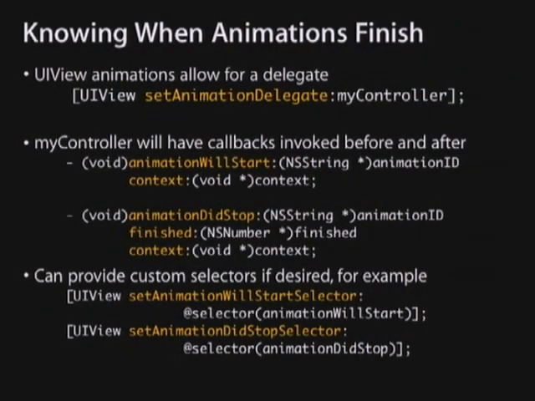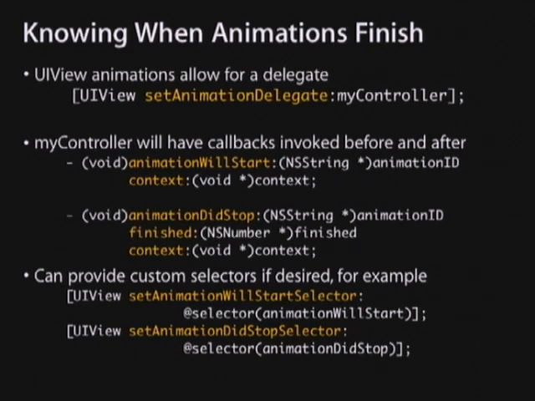You can also ask to be notified when an animation finishes. So if you want to do one animation, and then when that animation completes, you want to do a second animation, you can do that. So you can set a delegate. Here's another example of a delegate that's very useful. You're not subclassing UIView to get the behavior of notification. You just tell it to let you know. You tell it who your target is, who your delegate is, to be notified when an animation completes.